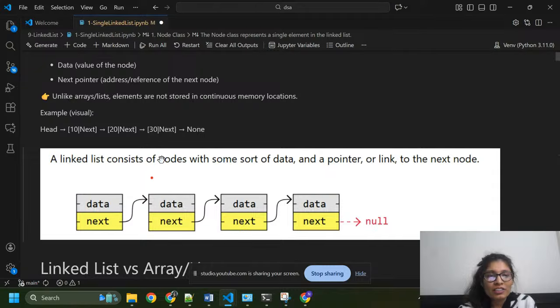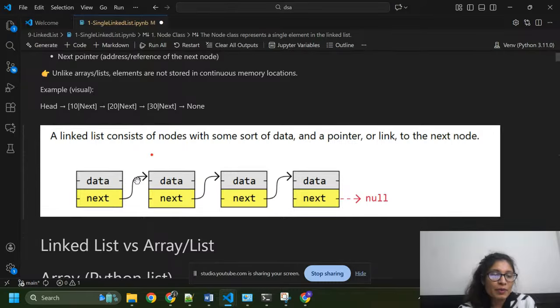A linked list consists of nodes with some sort of data and a pointer or link to the next node. So head, you can see here, is 10, next points to 20, next points to 30, and next is None.